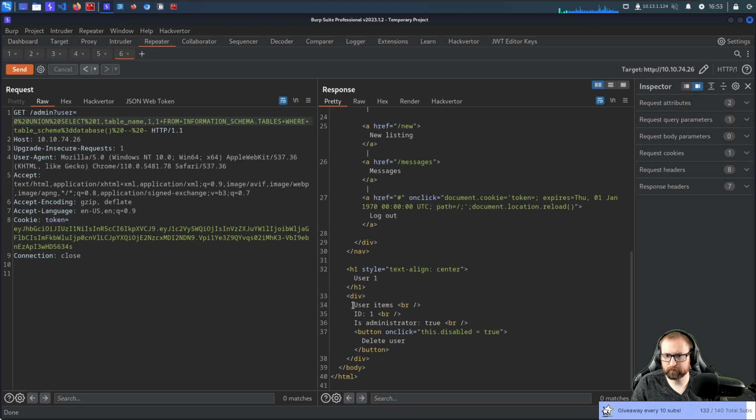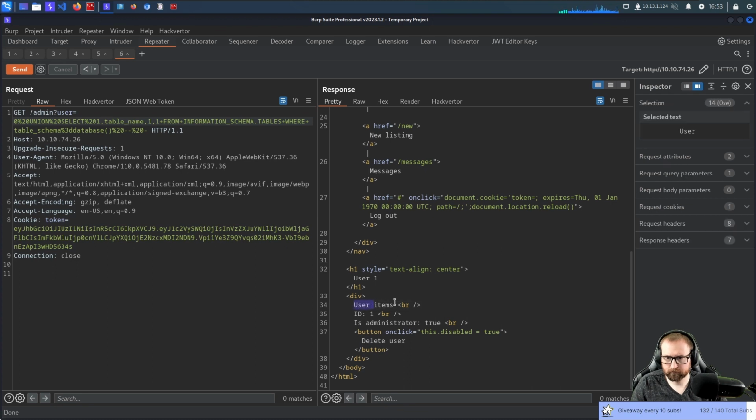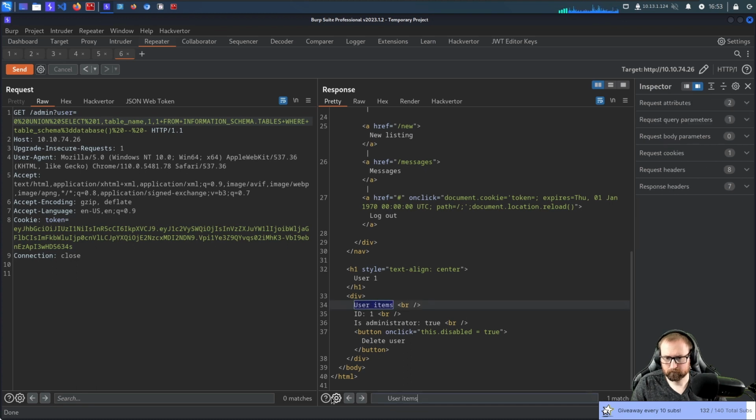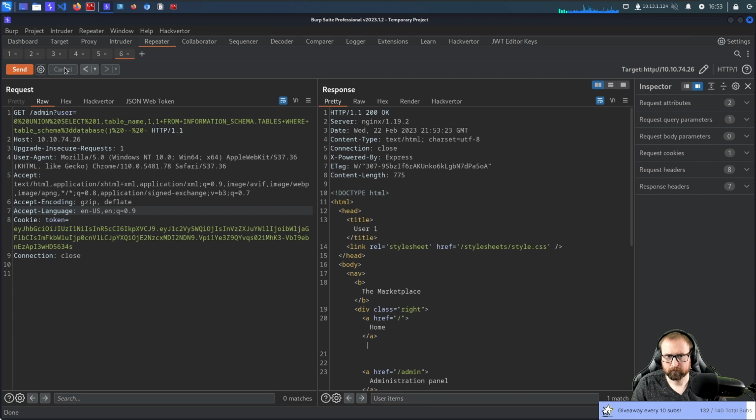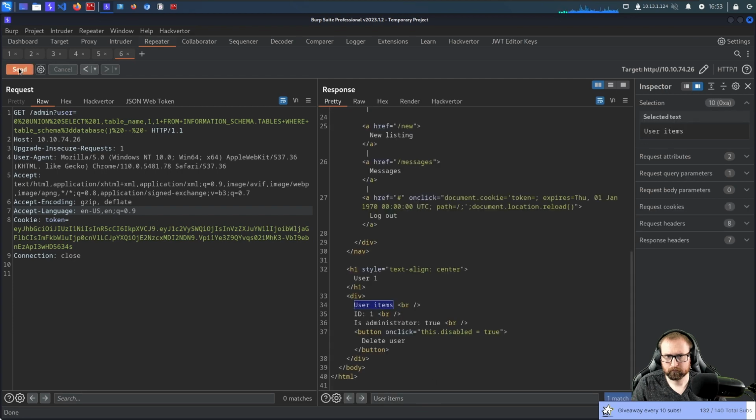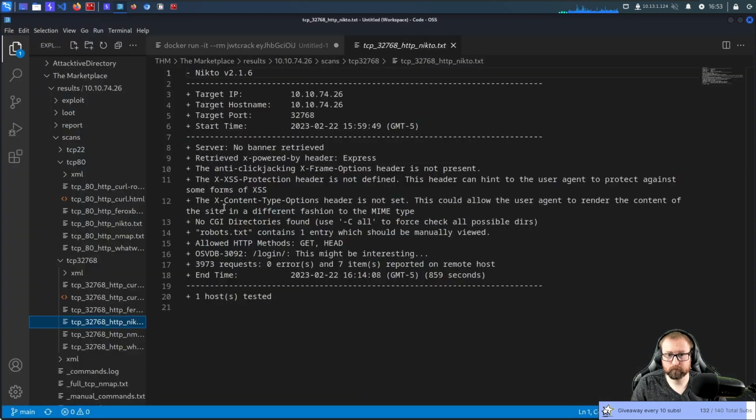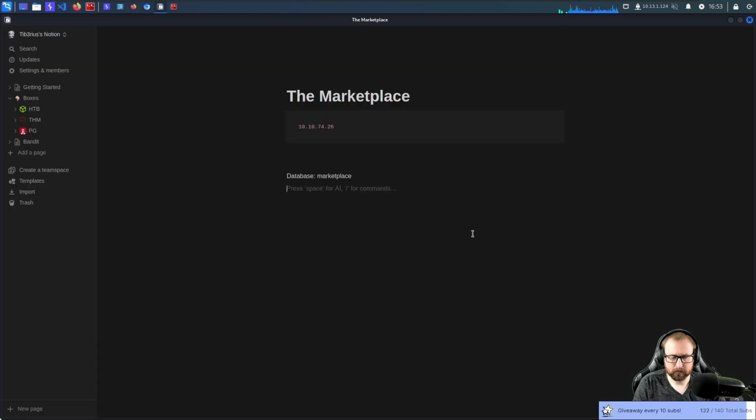Actually, you know what I'm going to do? Okay, that should help. Table is items. Okay, we are going to now look for the columns.